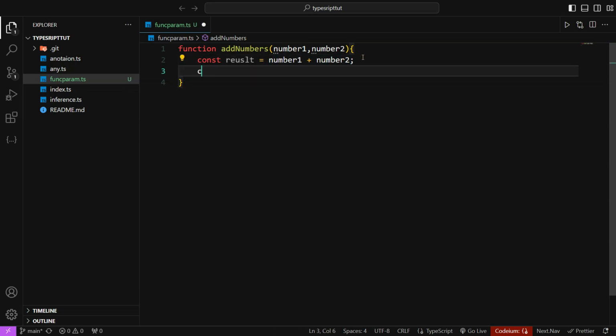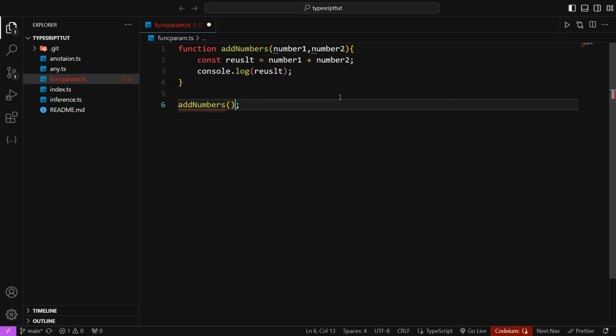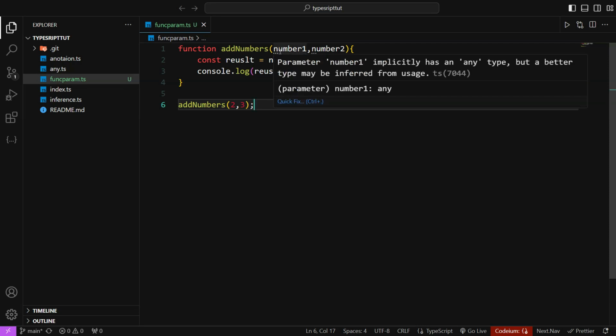So now when I try to console log the result, I hope you understand the code. When I print the result, it will give me the addition of number1 and number2. So in here I have to call my function and give it parameters to be added. For example, I want 2 and 2 or 2 and 3. Okay, so now I give my function 2 and 3, but in here TypeScript is saying that